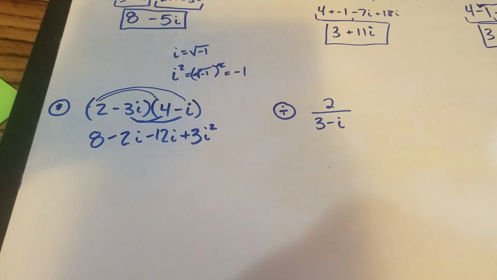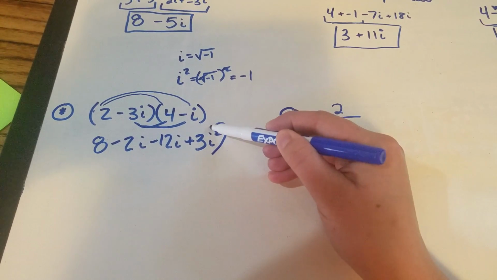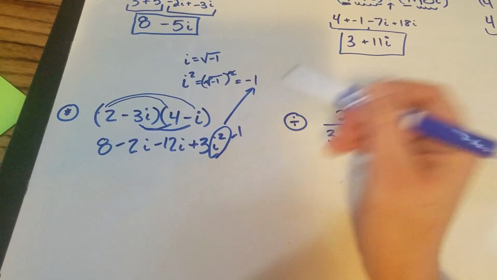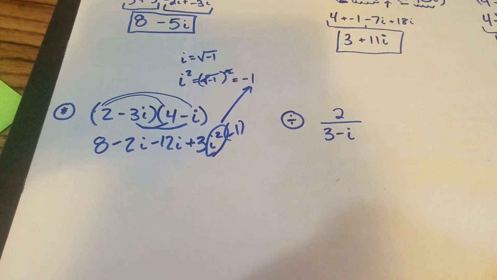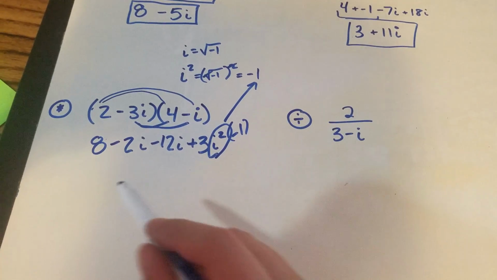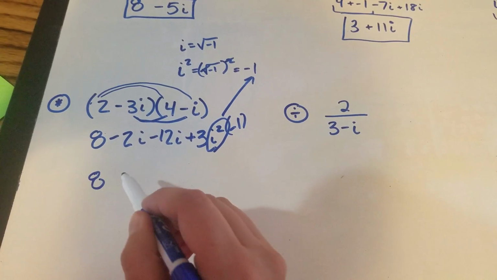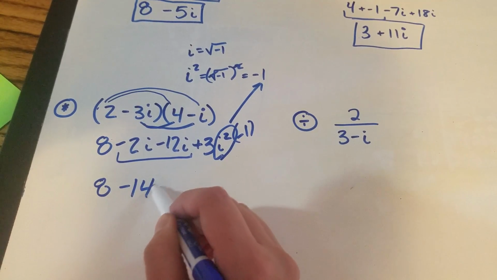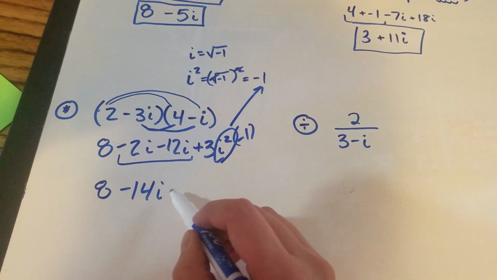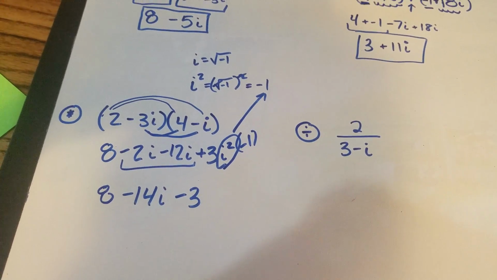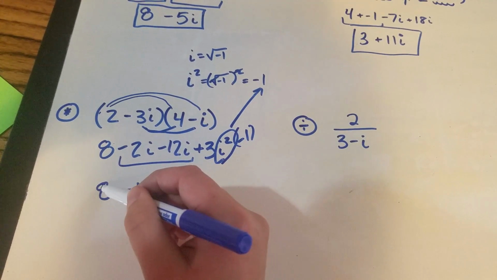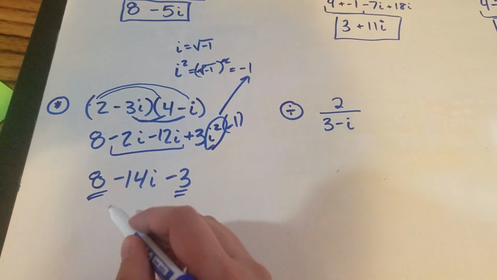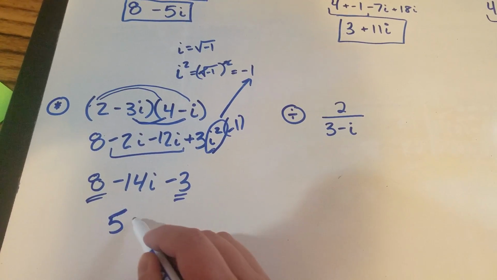Okay, our last thing is to change that i squared into a negative 1. So what I do is I just circle it, and I put a negative 1, and I know that I'm multiplying by negative 1. So I'm going to have 8, negative 2i, negative 12i, make negative 14i. And then 3 times negative 1 is going to leave me with a negative 3. I again have like terms, so I can do 8 minus 3 to get my final answer of 5